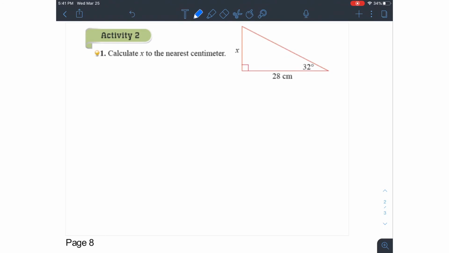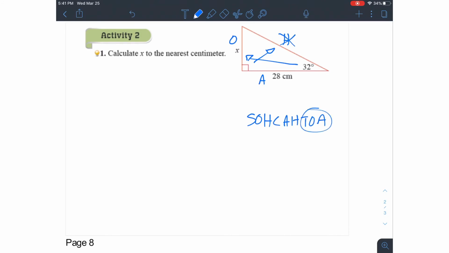Okay, so what you should do, remember, is label all your sides of your triangle first. We know that across from the right angle is the hypotenuse. The 28 is between the right angle and 32 degrees, so that's the adjacent. And then the opposite is across from 32. That's where that one is. So looking at this picture, the hypotenuse is not necessary. O and A from SOHCAHTOA